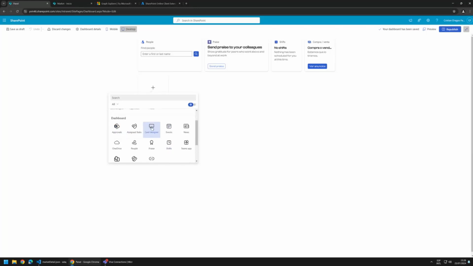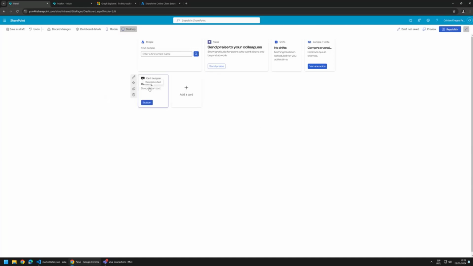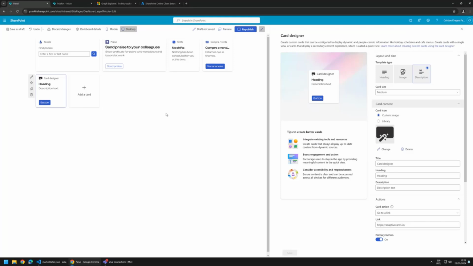It's the special one for the card designer. As you can see, you will get a new card, a blank one, with a lot of things that we have here on the edit button. The previous version of the card designer was a bit ugly, but it got a lot of new things, like this real-time preview of whatever you change here. You will see it